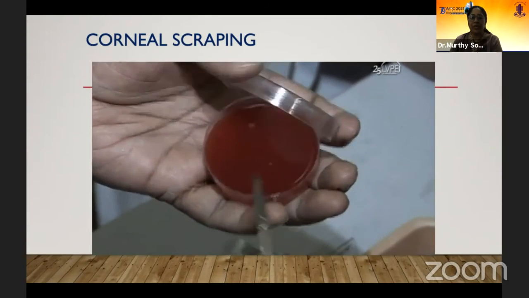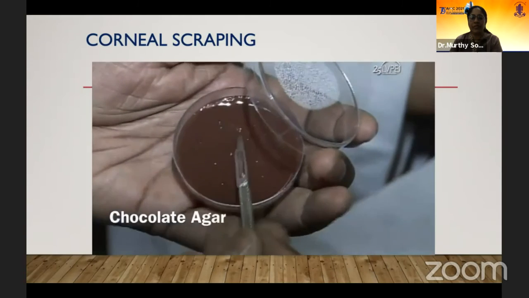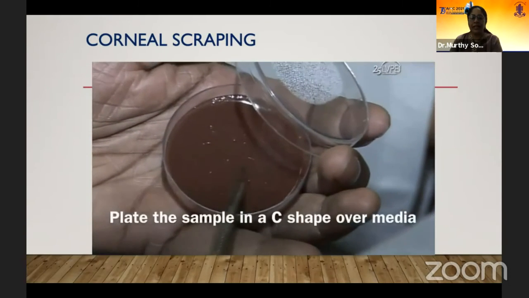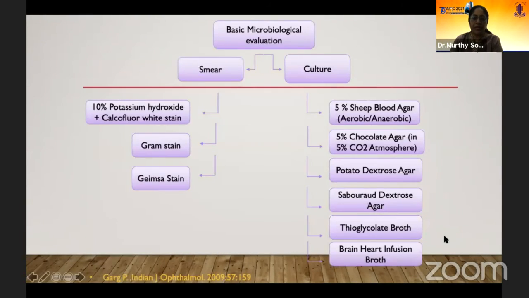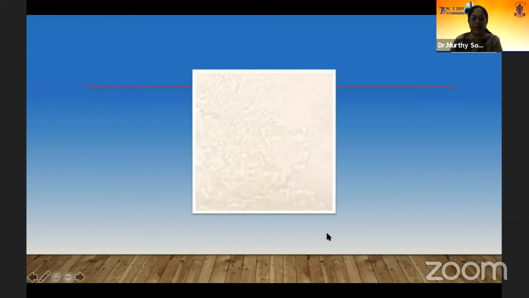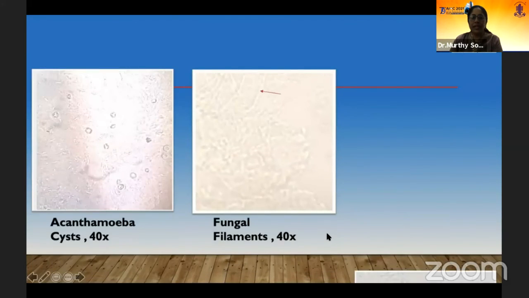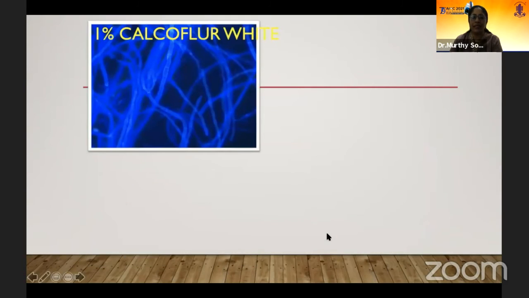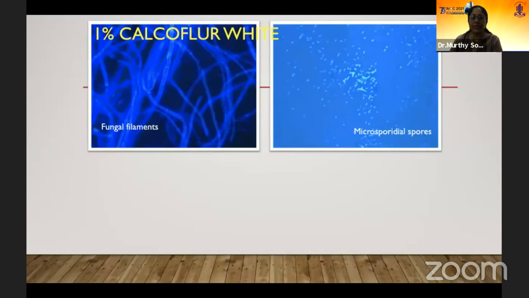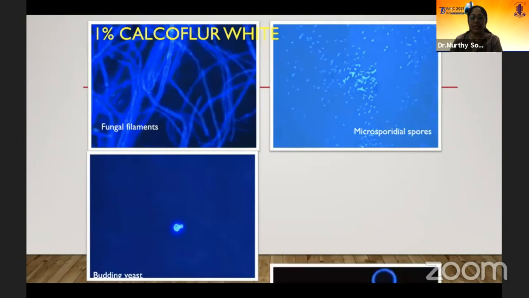The first medium we inoculate is usually chocolate agar, followed by blood agar, and a couple of liquid media, as well as if we're suspecting acanthamoeba, the non-nutrient agar. This is how it goes. And this is what we would see in KOH, simple KOH stain, where we can pick up a lot of information, such as fungus and even pythium, as in this case, microsporidia, as well as pythium.